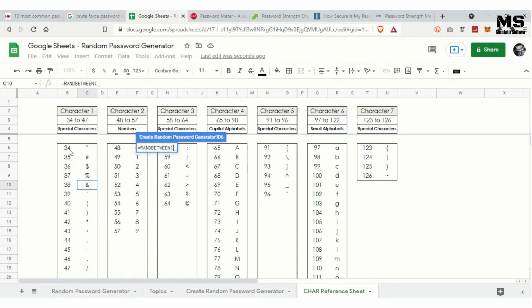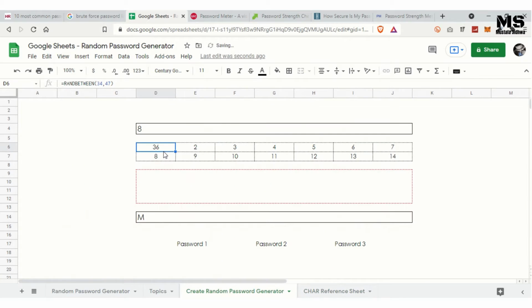That is, we need a character value from here till here. So we will say 34 comma 47 and close parenthesis. Once we do that, you see it throws up a number as 36, and every time it is refreshed, it throws up a random number.